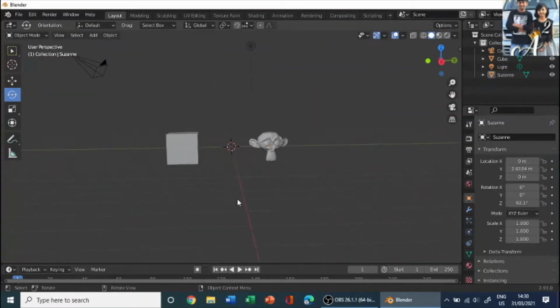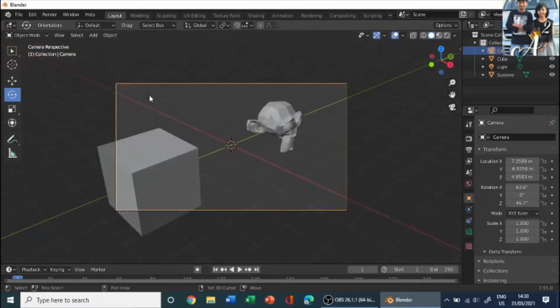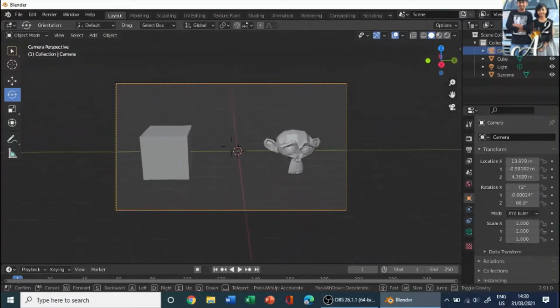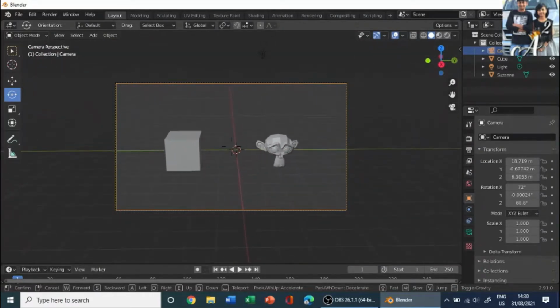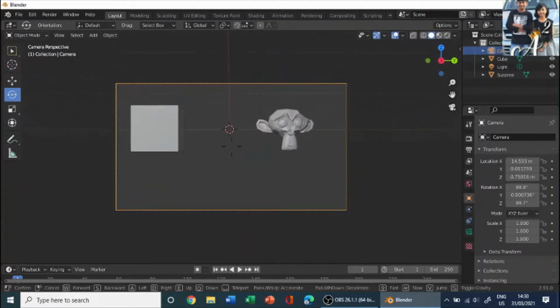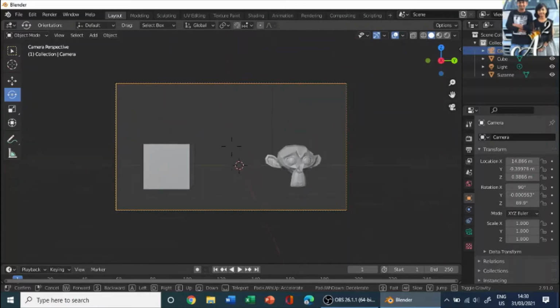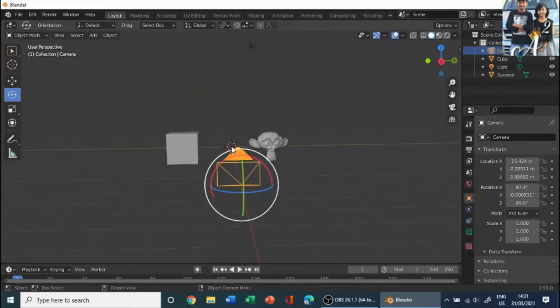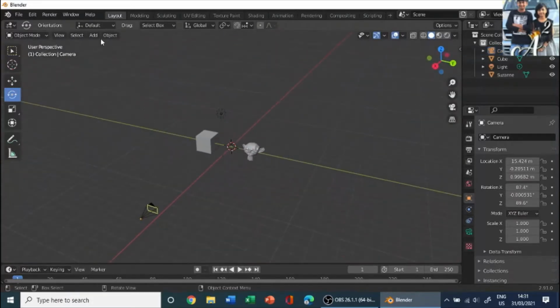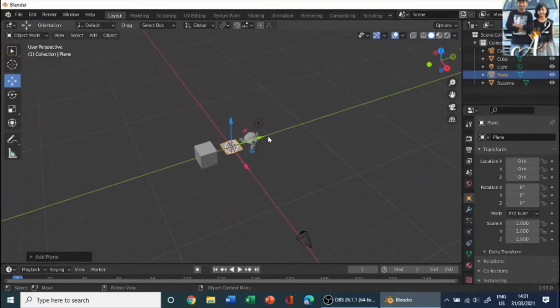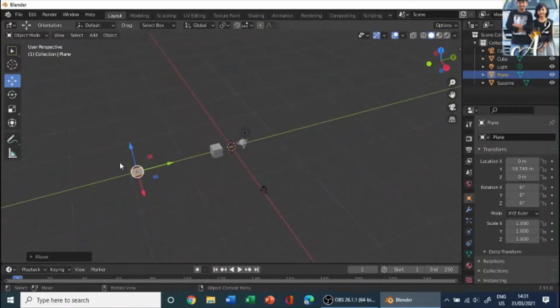After turning it around, now let me press 0 to go to the camera view. Let's make it move over here, down. Okay, so my camera is in position. Now what you're going to do is add a new mesh, which is going to be a plane in our case. Let's move it out of the frame so that it won't look bad.